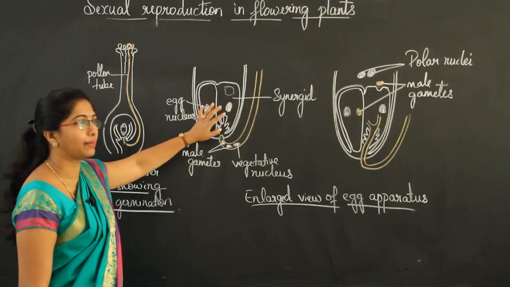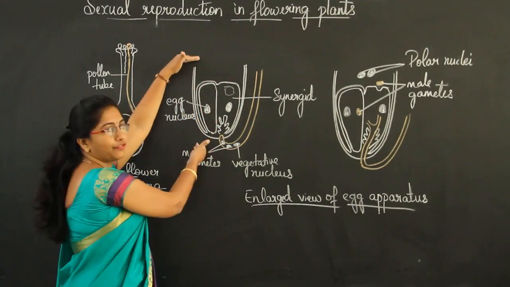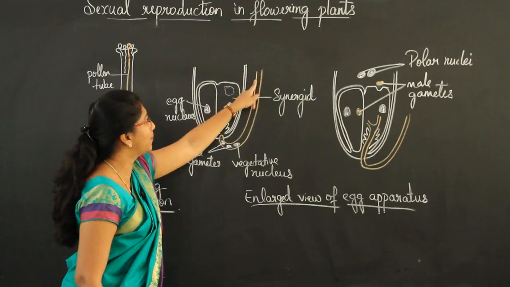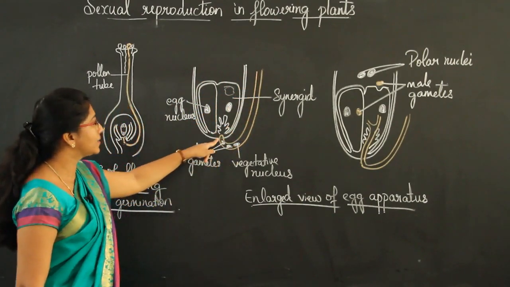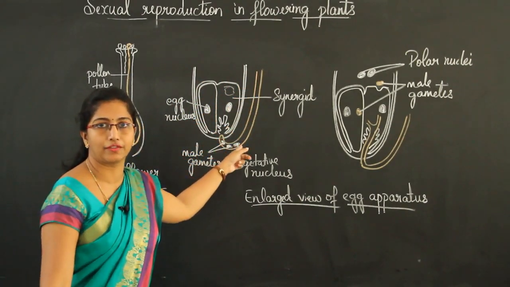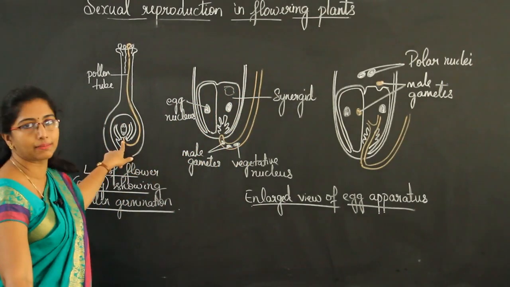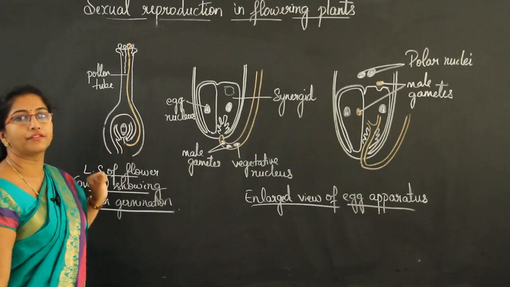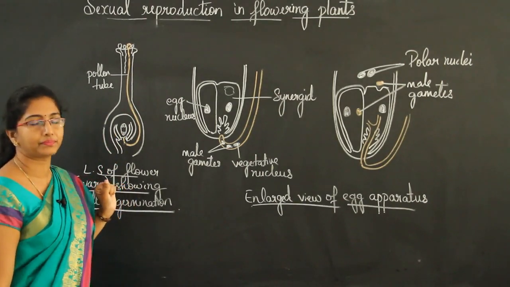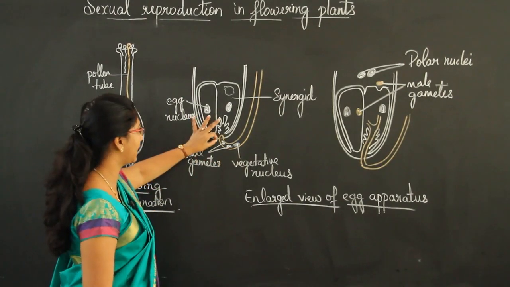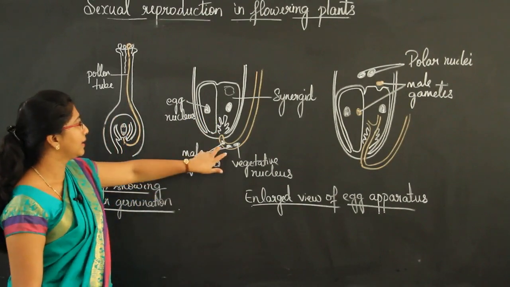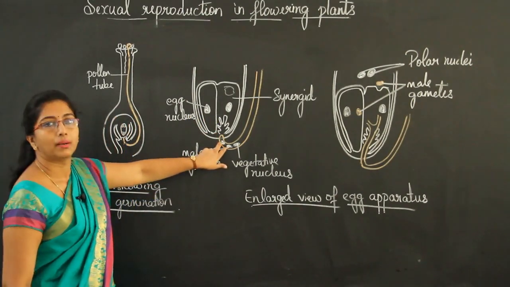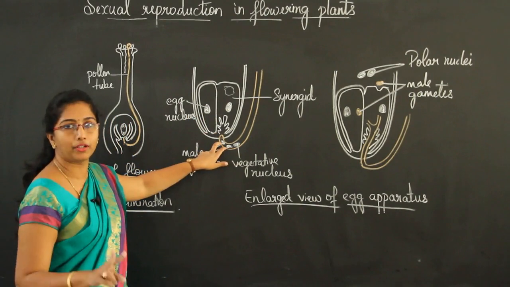So the female gametophyte, only the lower half has been shown here. This is the pollen tube which is reaching the female gametophyte. Once it enters this opening called the micropyle, through this it will reach the female gametophyte. When it is reaching the female gametophyte, you can see here there are 2 main, important nuclei,